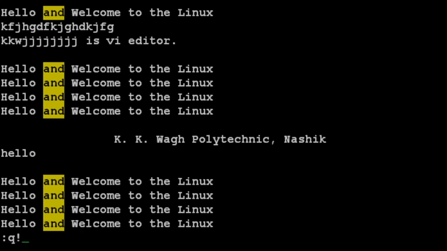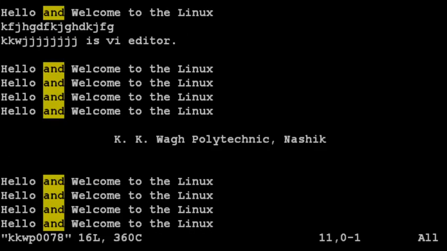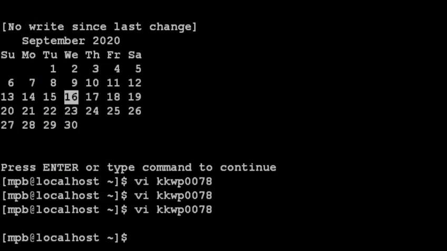Now you can see hello is written, but when you come out of the VI editor and go in again, hello is not saved because you used Q exclamation. And you can also escape to the Unix shell. Press escape, colon sh and press enter. You will be out of the VI editor on the shell. So these are different options for saving the file with changes, without changes, or cancelling the changes.